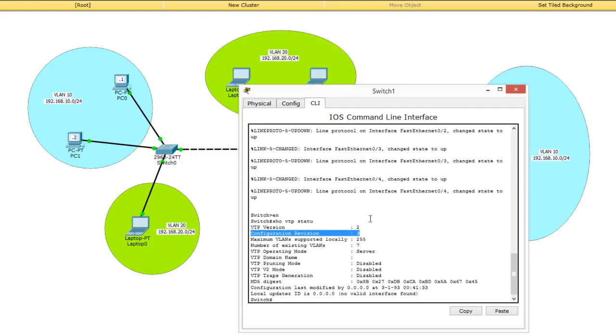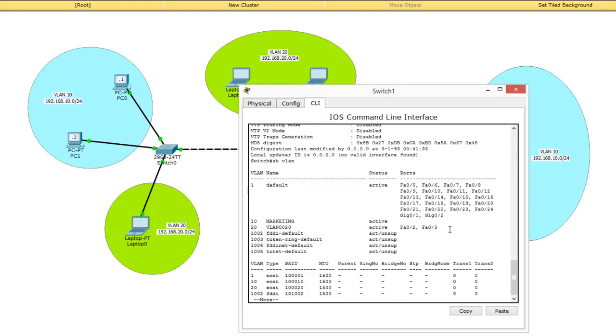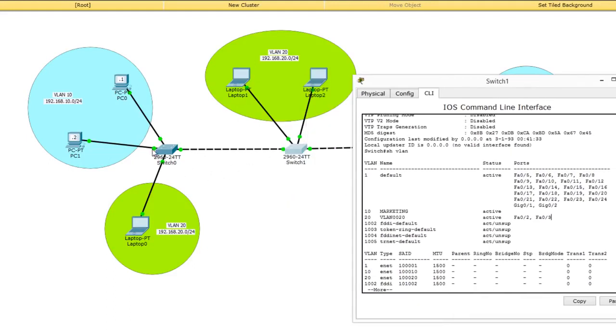We will see why it is 3. And this is the server, and everything else is the same. So show VLAN, and we have 1, 2, 3. So we made changes. Like I said, every time we add or delete